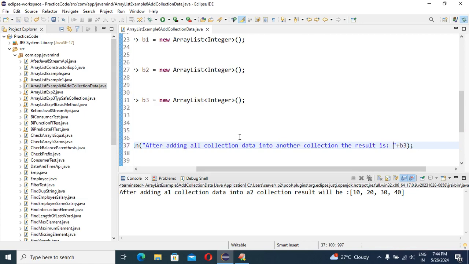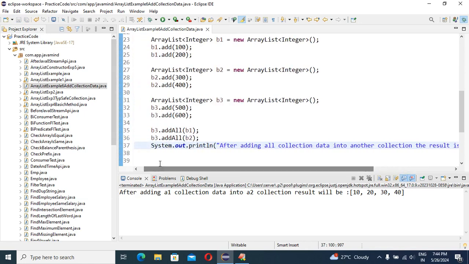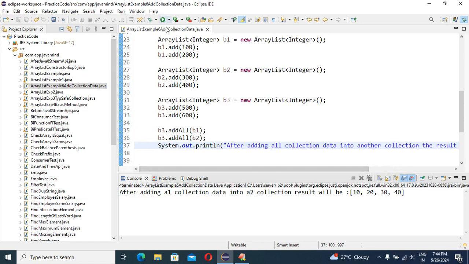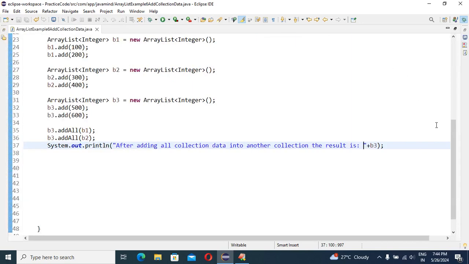So guys, in front of you I will run this application and we'll see the result,